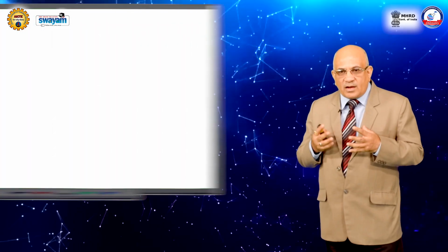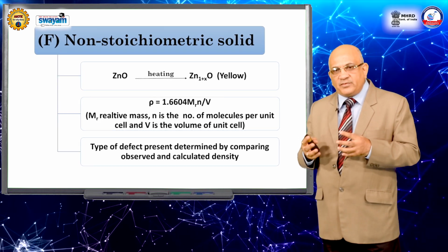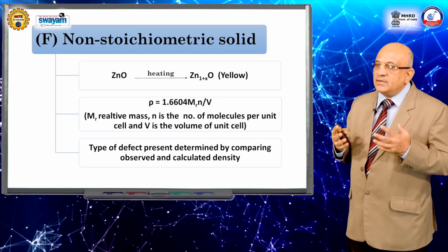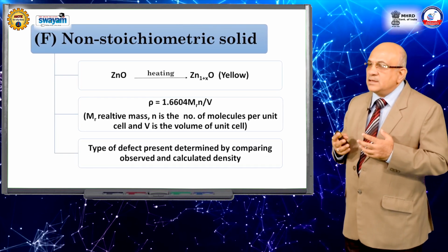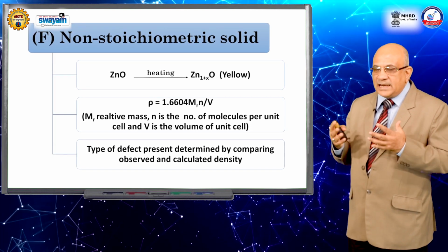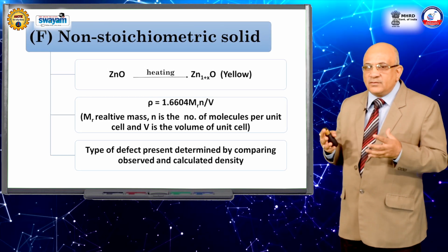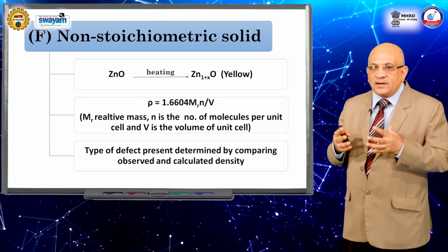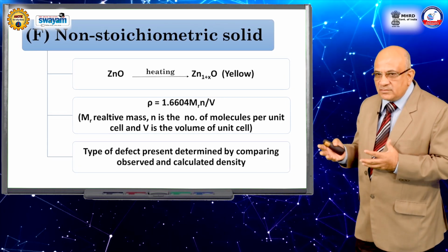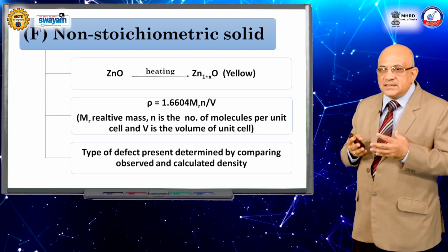From X-ray diffraction, if you now calculate the lattice parameter, that will be different from the lattice parameter calculated before heating. And from the lattice parameter, you can calculate the density, because you know the volume from the lattice parameter, and from that the number of atoms. And so, using this equation which is given to you, you can find out rho and the density change